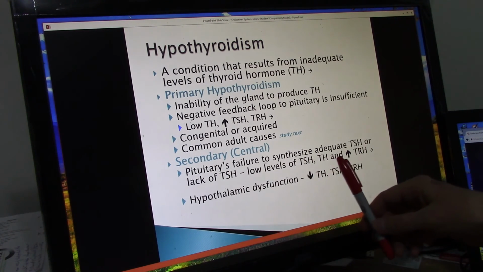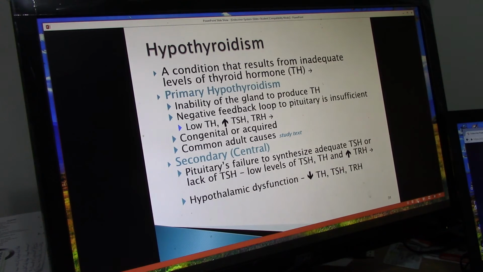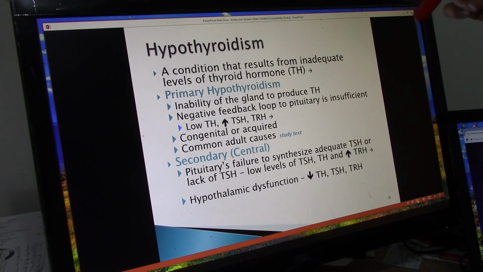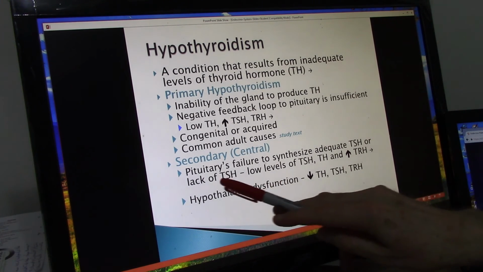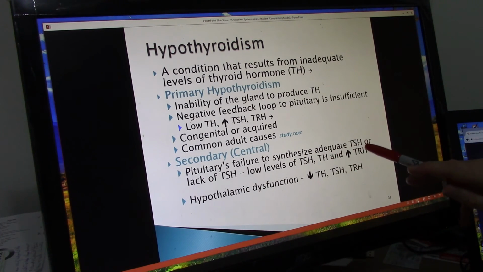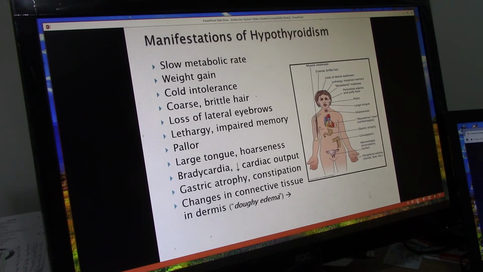Secondary would be a problem in the central area, up in the brain, and this could be a problem with the pituitary and/or with the hypothalamus, and you can read about that. But the secondary is the pituitary's failure. The pituitary does not secrete TSH. Okay? And so you can read through all of these conditions, and you very well could see a question on the test in secondary